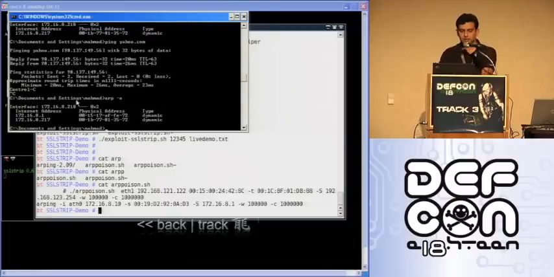you can see the default gateway is running on 8.1, and the MAC address, the last 2 bytes, is FE72. Okay, and we are going to replace this IP and MAC binding with the attacker's MAC.